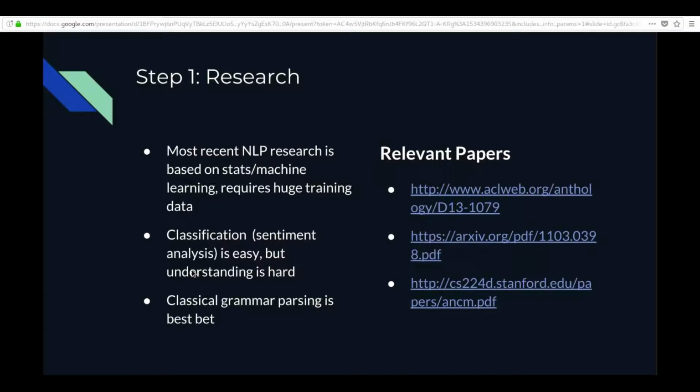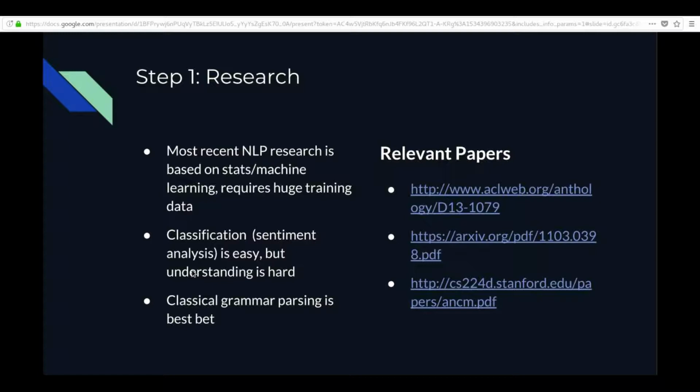The problem is that it requires a massive training data set, and these queries are going to be fairly specific. Their language is going to be fairly specific to genomics and to the database in question. And after a little digging around, I realized that we don't have access to a giant training data set for privacy reasons. We can't just dig through logs of queries that have gone into InterMine databases. So I realized that a more realistic approach would be something a little bit more old school, which is